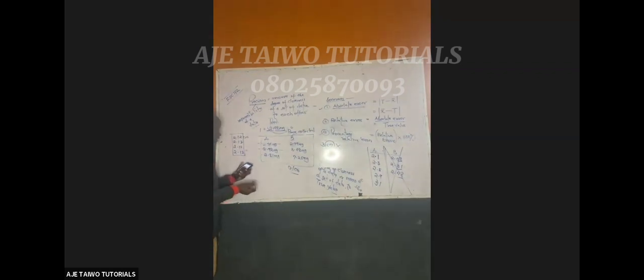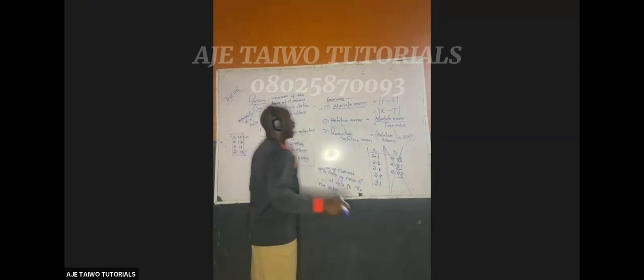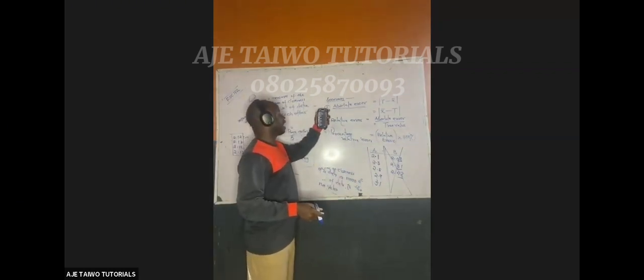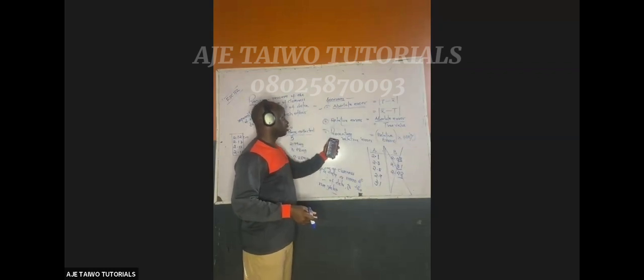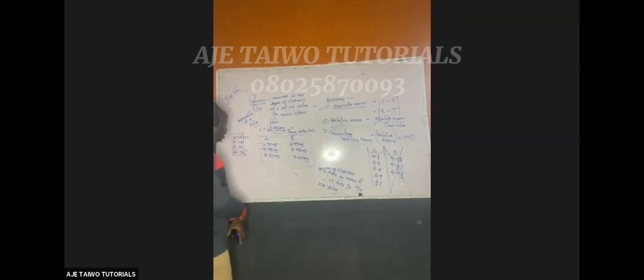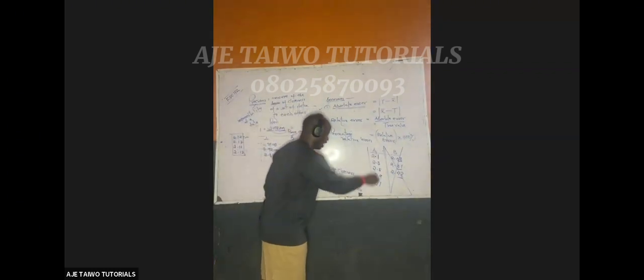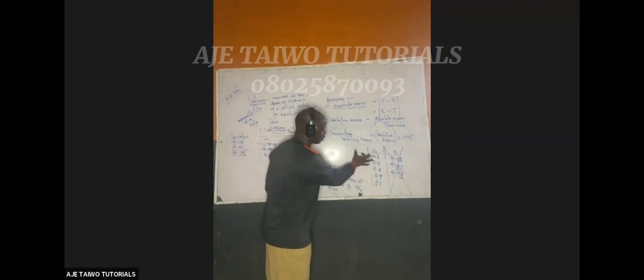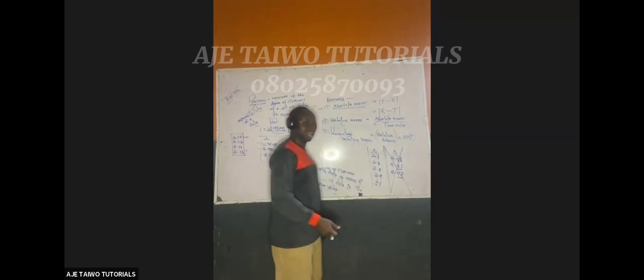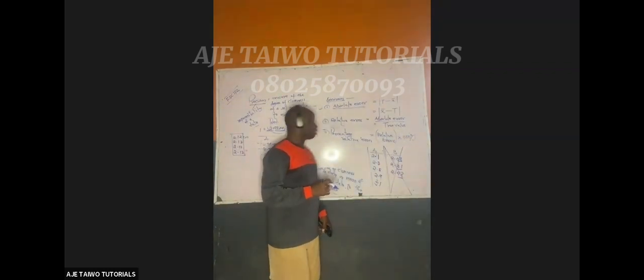Precision of data is measured. Accuracy is measured by this. See how to measure accuracy. You don't look at data and say, wow, this is more precise than this. Never. Don't do that. You'll be wrong. You can't look at this data and say, wow, these are close enough, this data is precise. No.